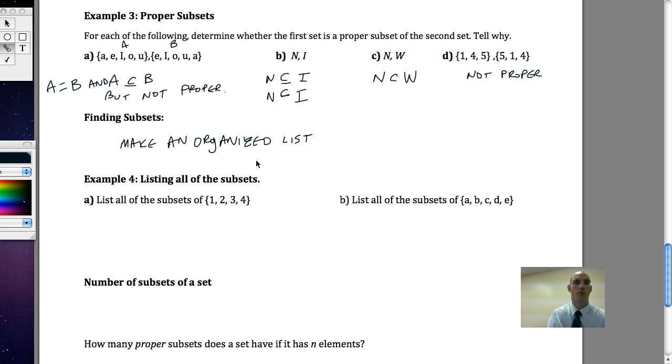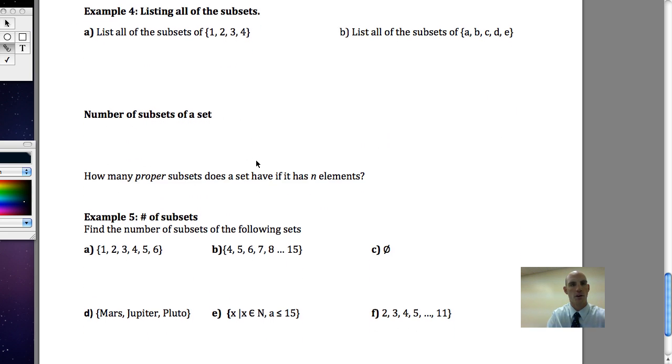And here's what that would look like. In example 4, we're going to make an organized list of all the subsets. If I start, I'm going to start out with the empty set. The empty set is a subset of all other sets. And then I'm going to move to sets with one element. Well, the sets with one element,